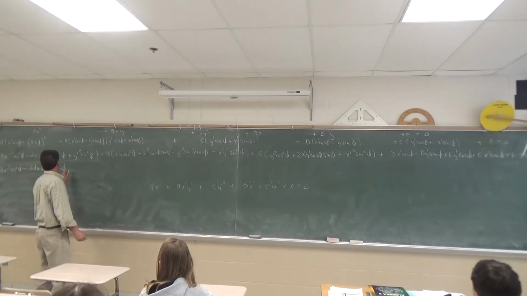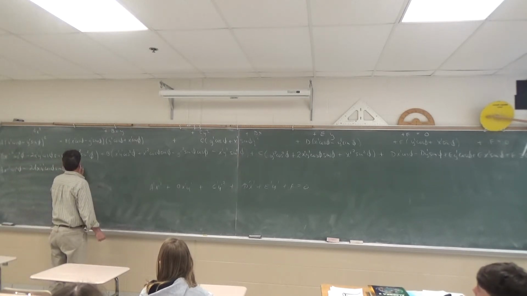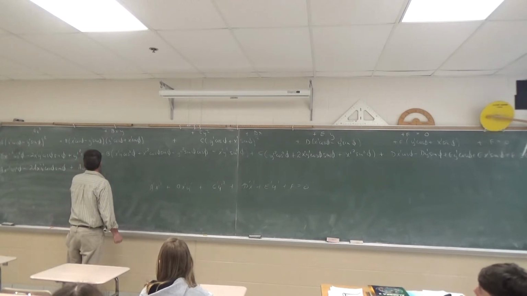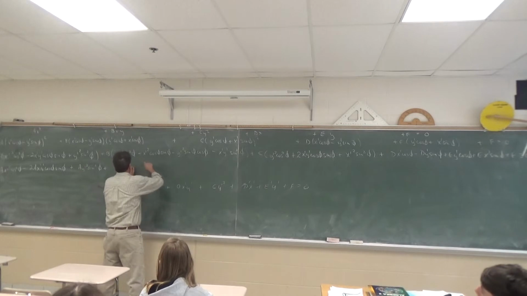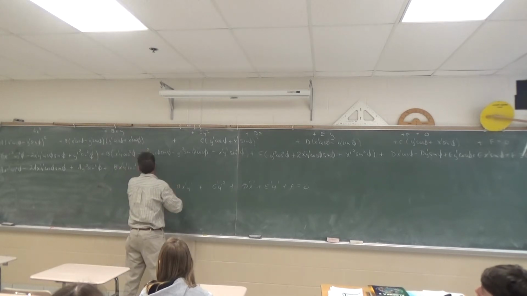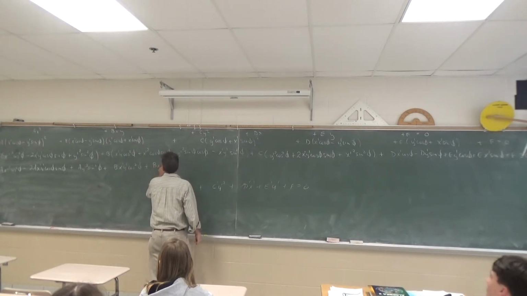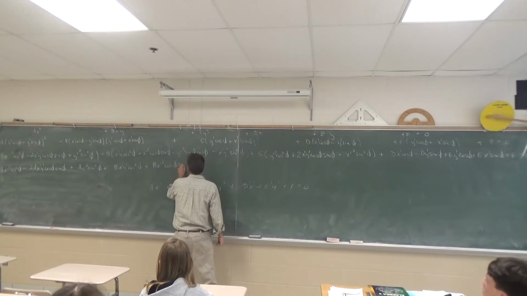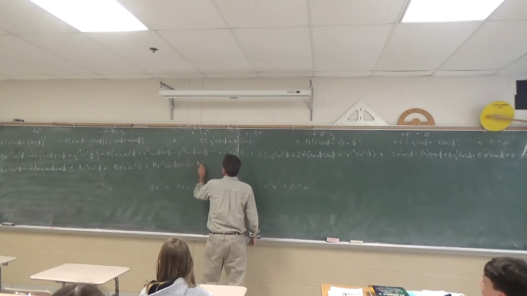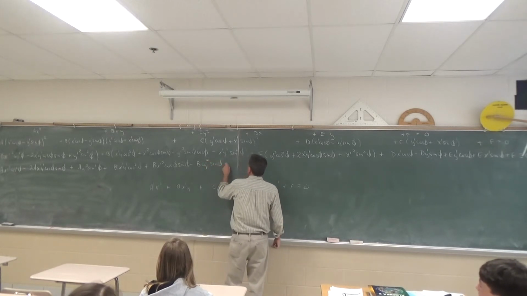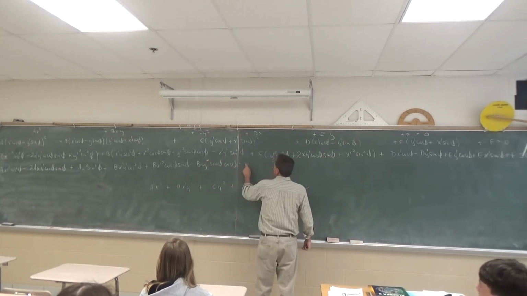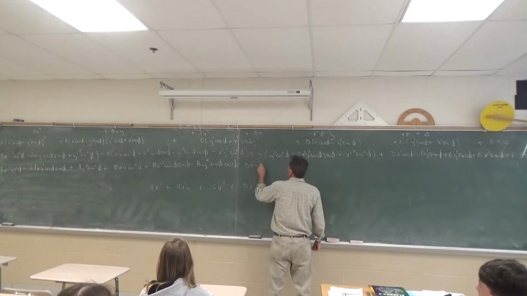Plus a y prime squared sine squared, plus b x prime y prime cosine squared, plus b x prime squared cosine sine, minus b y prime squared sine cosine, minus b x prime y prime sine squared,